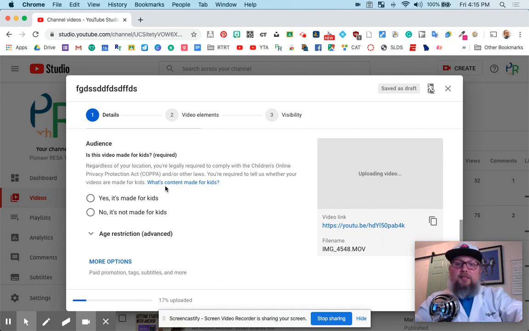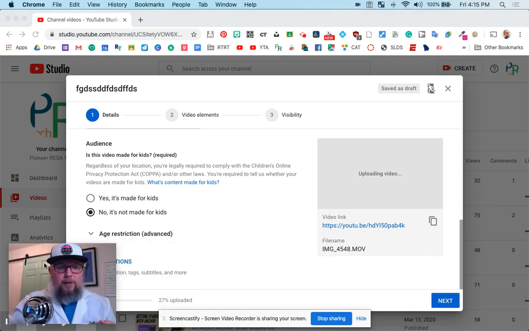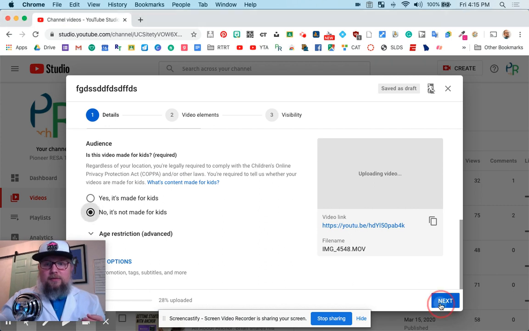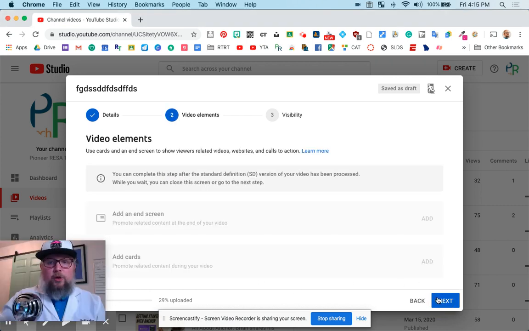Right here, the audience thing, you can read into this, but this production is not made for kids. It's not like Ryan's Toys or it's about toys and Nerf guns. This is really made for the public. So if you need more information on that, they have a little link there on how to differentiate what your audience is. But kids will be watching this with their parents. Let me move my big head here. Go next. I'm going to go next again.